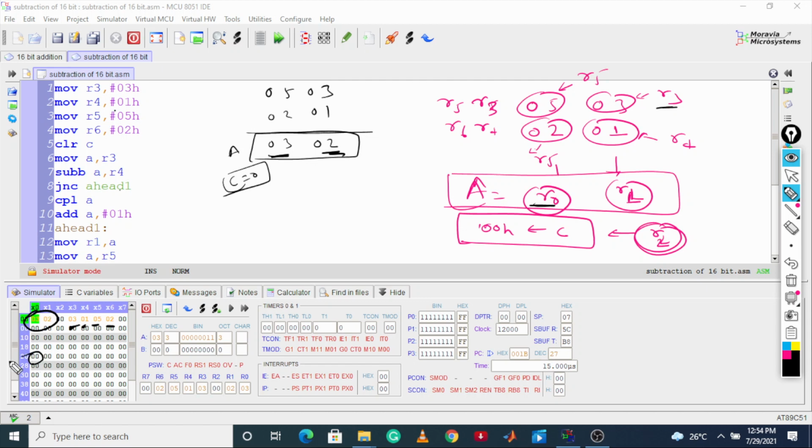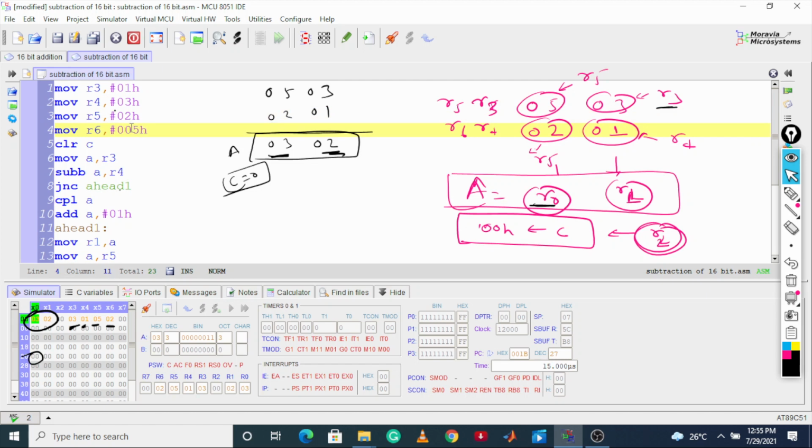Now if I change my number, let us see after changing the number. I am just changing my number. Let us change, I am making this a 1. I am just reversing my number and we are seeing what our value will be. Now I am making R3 as 0 1, so R4 I need to make 0 1. R4 I am making as 0 3, and this time I am making R5 0 2, and R6 as a normal 0 5.